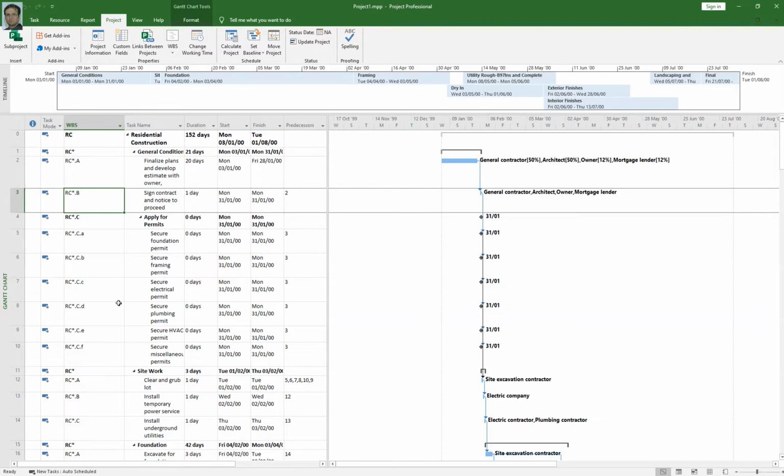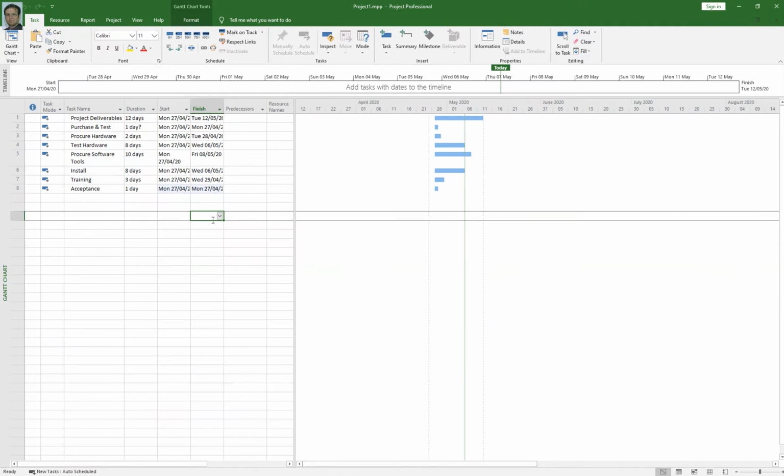So let's talk about another example, how to link tasks to build a schedule. Project tasks need to be performed in the right sequence for the schedule to work well. If you recall my lectures in planning process group, you first work on requirement documentation, and then you take your requirement documentation and you work on project scope statement.